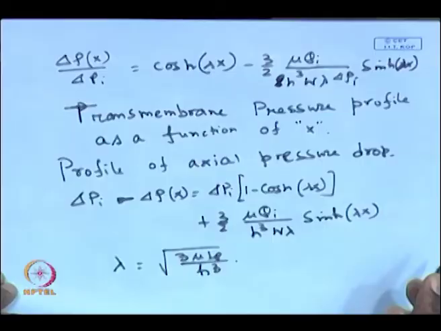So, all these calculations are basically aimed to design a particular equipment. What is that equipment? The equipment is either a pump in case of flow of liquids, or a compressor in case of flow of a gas. That is why pressure drop calculation becomes very important in all the chemical engineering equipments. So, this gives the profile of axial pressure drop, and one can get the total pressure drop across the length of the module.